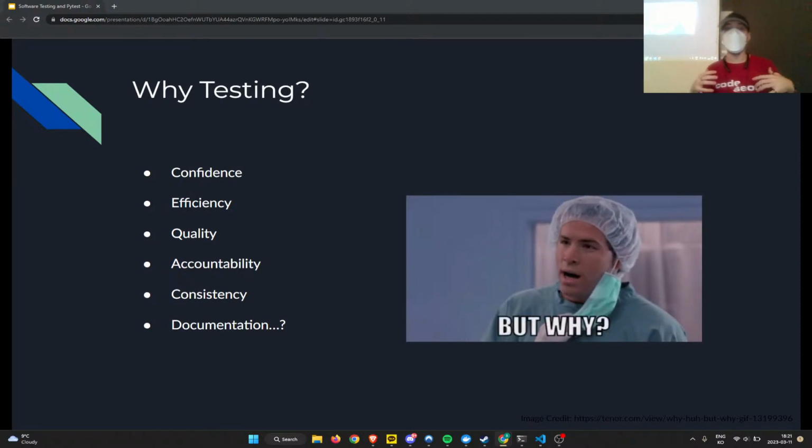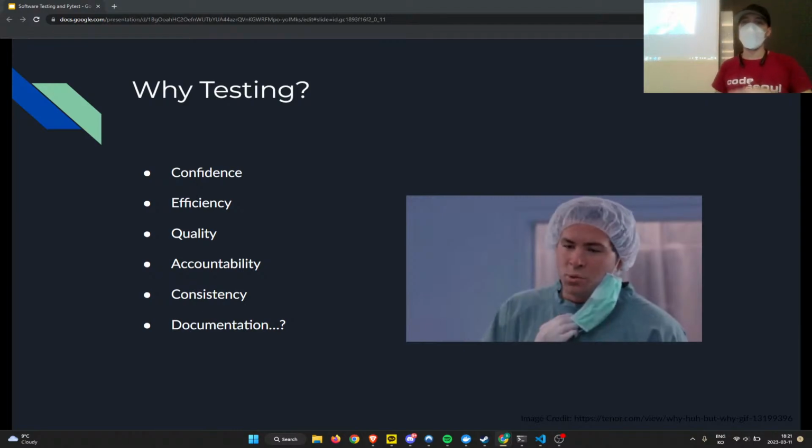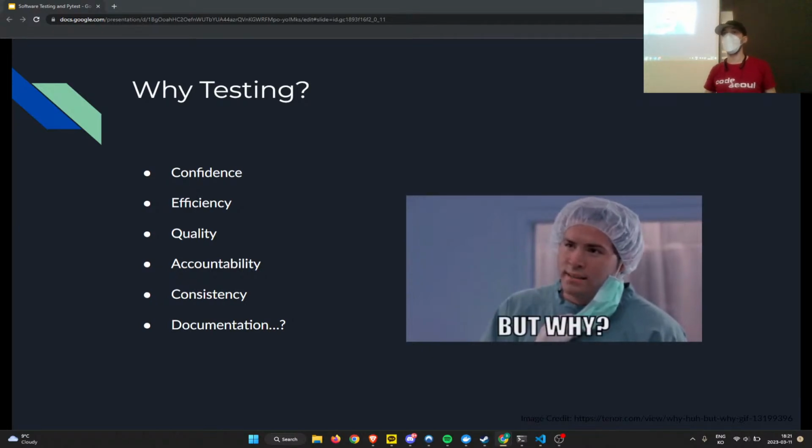The next major point is efficiency. Testing by hand is error-prone, slow, and boring, right? So usually, when we do automated testing, it's one command, you run the one command, it tests everything, and you're done. Or ideally, it's a byproduct of another command. For example, when you commit your code, you can automatically run tests before you commit. You don't even have to run a command. You're already committing, it tests the code for you.